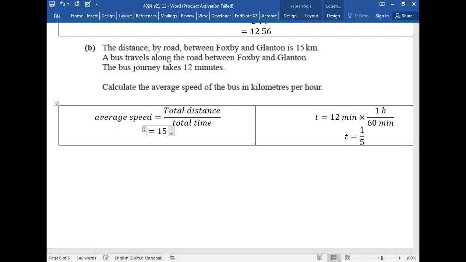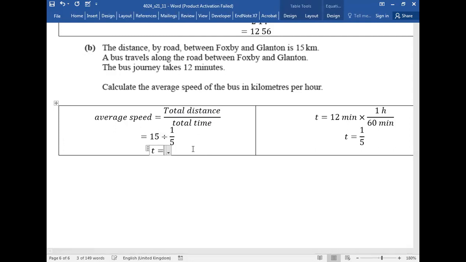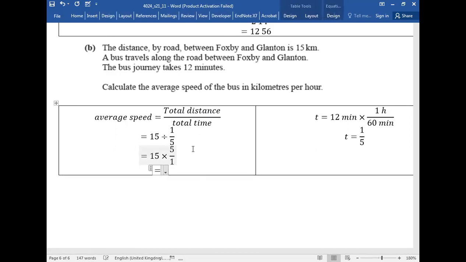Total distance is 15 divided by 1 upon 5. Can I write it like this? Total distance is 15 and divided by total time. Whenever we have a fraction in the denominator, we prefer to write division in this way. This will help us a lot. अब क्या करेंगे? How do we divide? Reciprocate. So 15 times 5 over 1 or just 5 as well. 15 into 5 is,